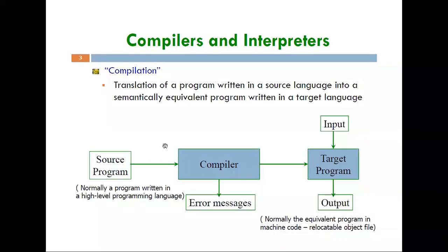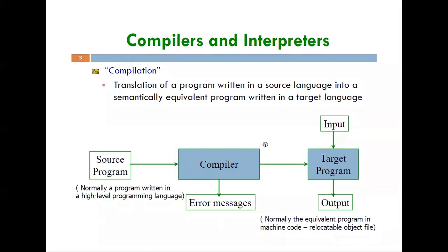Then coming to some more concepts on compiler and interpreter. Here we will see the pictorial representations of both compiler and interpreter, then the major differences between compiler and interpreter also. The differences between compiler and interpreter is a somewhat important question you will sometimes get. So the compilation, or compiler, what we discussed, is the translation of a program written in a source language into a semantically equivalent program. Semantically means meaningful, providing type checking, exact type conversion. So a semantically equivalent program written in a target language.